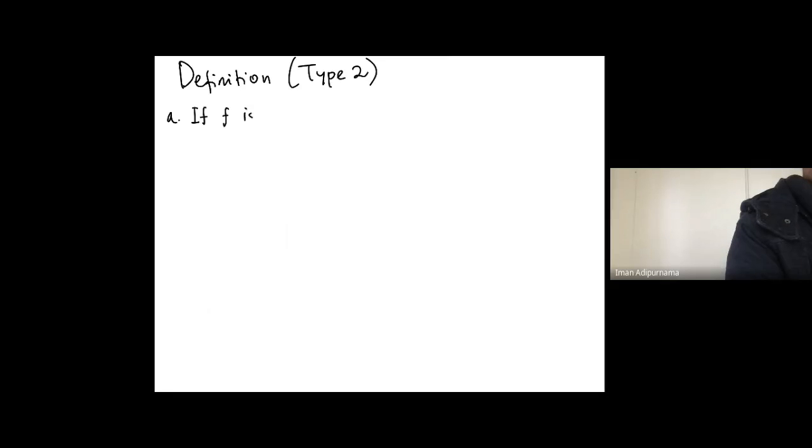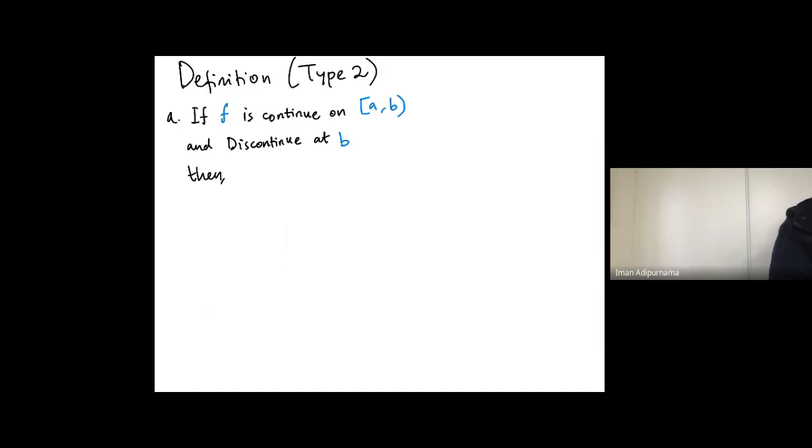So if the function is continuous on A to B, but not including B, and discontinuous at B, then